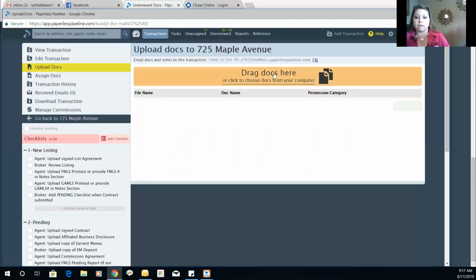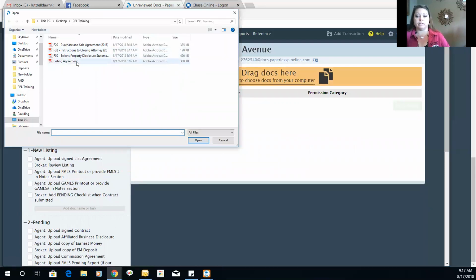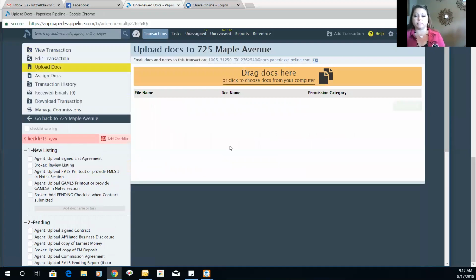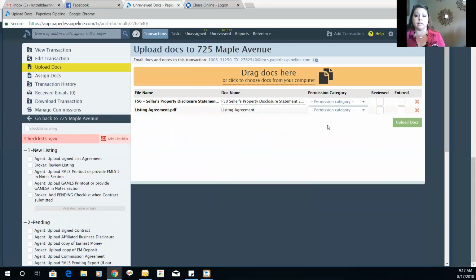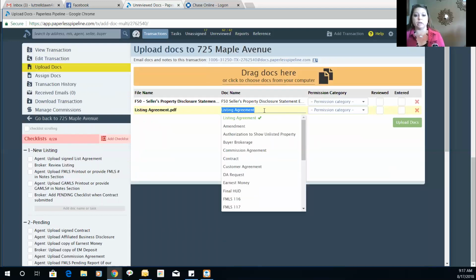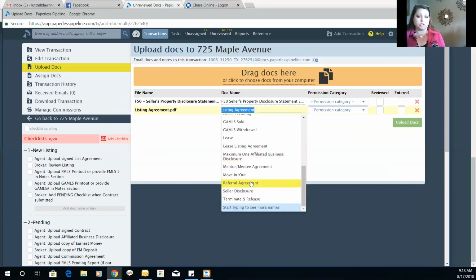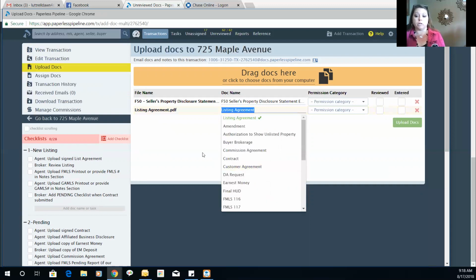You can drag the documents from your desktop over to here and it will upload. You can click right here and we're going to have a listing agreement and a seller's property disclosure statement. Now, I have already labeled mine on the desktop, but when you upload a document to the transaction, if you click on the drop down, you can see that there are a lot of labels already that you can use,